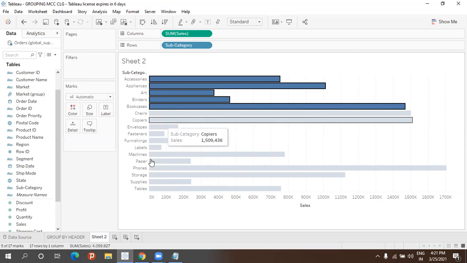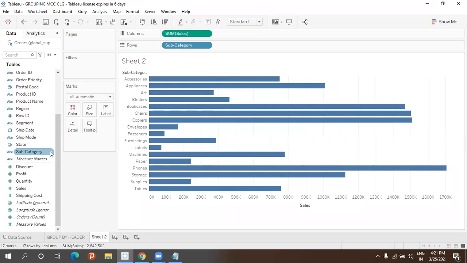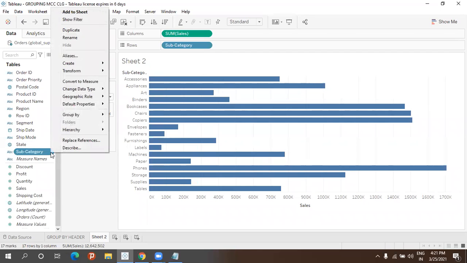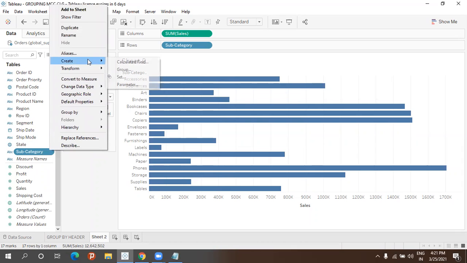Okay. So this is the next one. What I'm going to do is filter, or rather group, from this data window. We have taken subcategory, right? So come to this left side. Can you see a small arrow mark here? Just click on that. In this list, can you see an option called create? It is there when you click on this arrow mark. Yes, sir. Yeah, in this you'll see something called create. On the right side you'll have something called group. Just create group. We are creating a group.